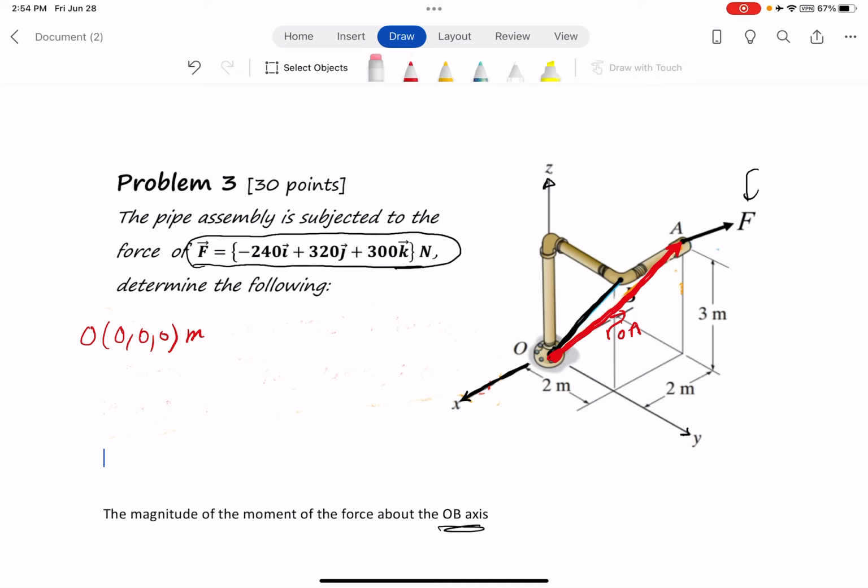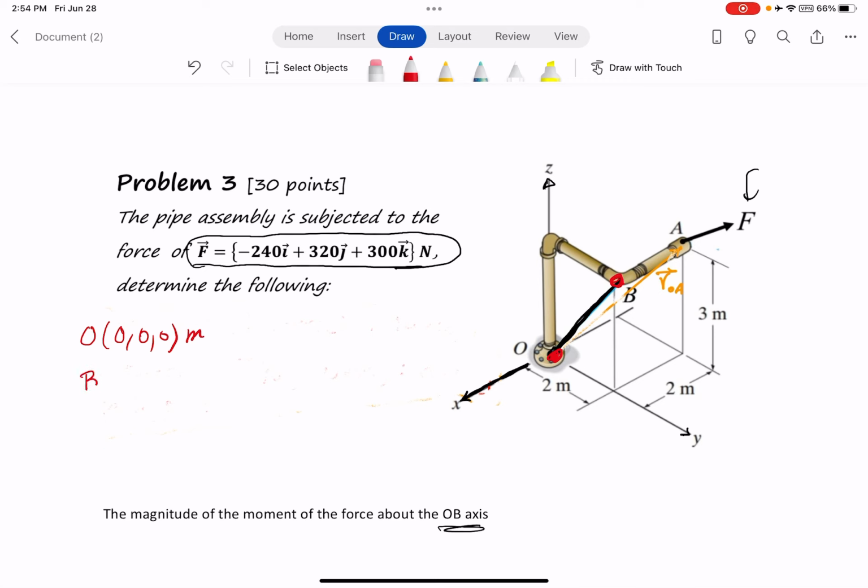Let me just erase this so I can see B. Okay, so the point B is at this point, and that is 3 in the Z, and then 2 in the Y,